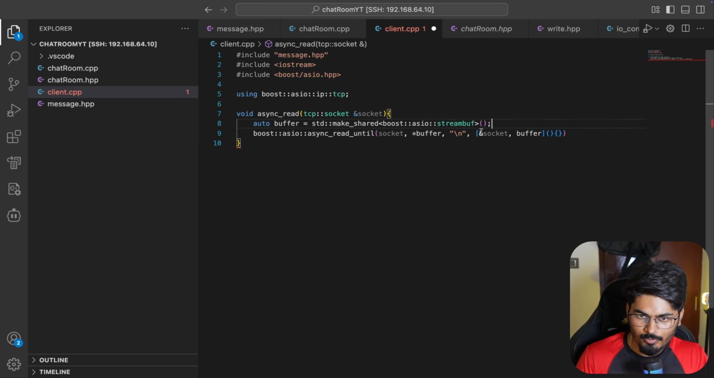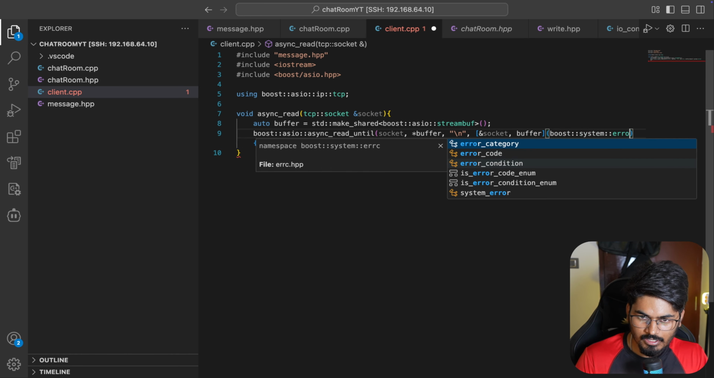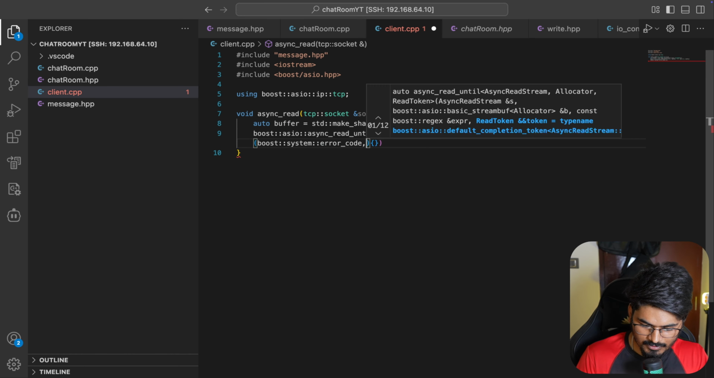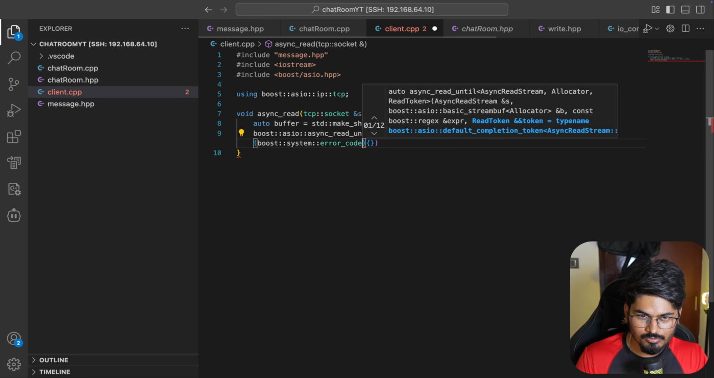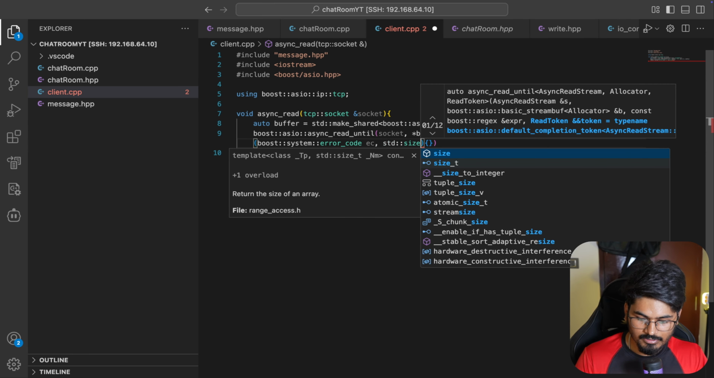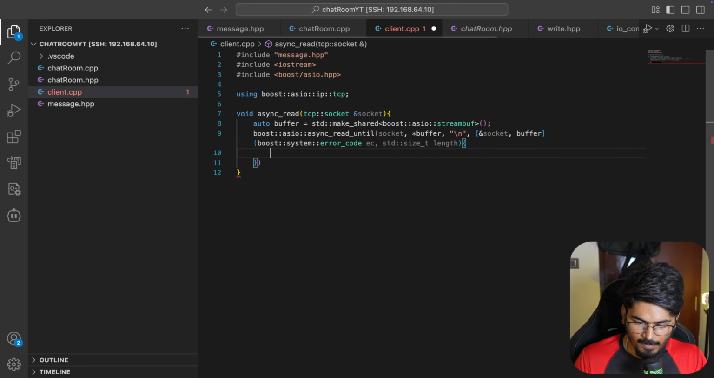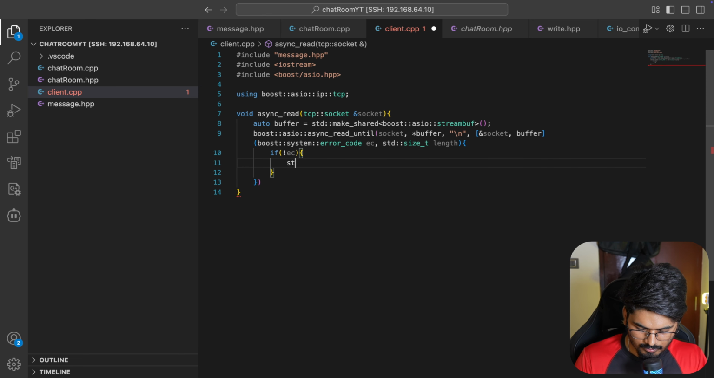So this is called an argument capture. Basically in a lambda, if we want to use something from outside, we have to make sure to pass it like this, right? And whenever it is running, it will either throw an error code, which will come directly from boost whenever it is using that handler, whichever way I am writing, and size_t length, right? Length. Now if there is no error code, then what I'll do is I'll